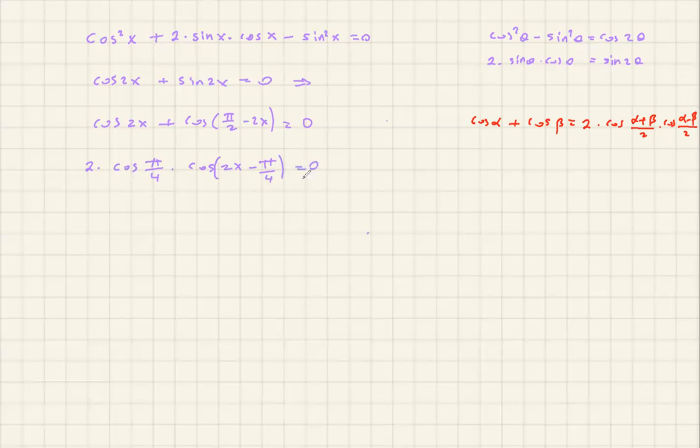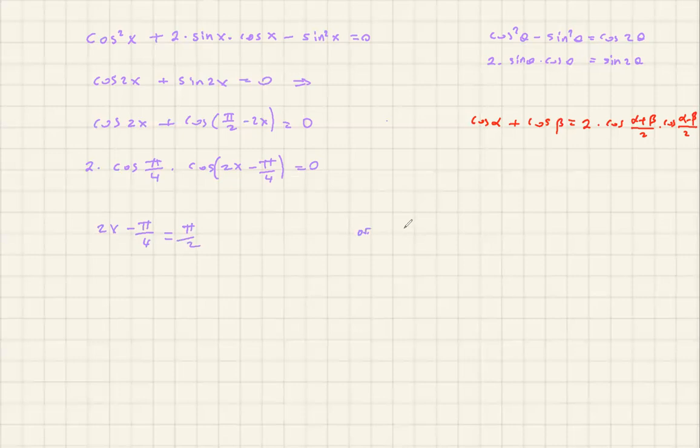Now we have a product equal to 0. Cosine of pi over 4 is not 0, so the only way that will be equal to 0 is if this is 0. And cosine of something is 0 if the angle is pi over 2 radian or 90 degrees, or 270 degrees, which is 3 pi over 2. The question was asking us to find solutions between 0 and 2 pi radians, so let's get the solution in that interval. If that's the case, this angle, 2x minus pi over 4, is equal to either pi over 2